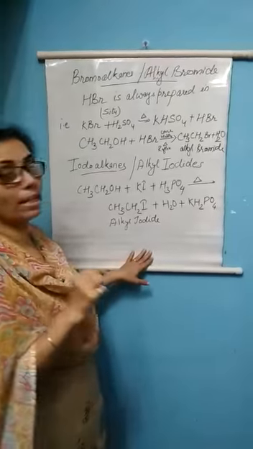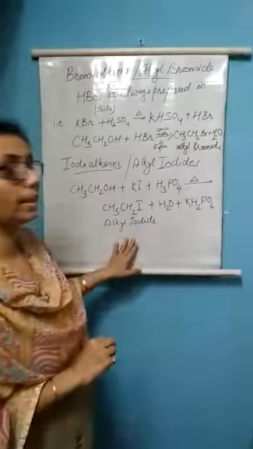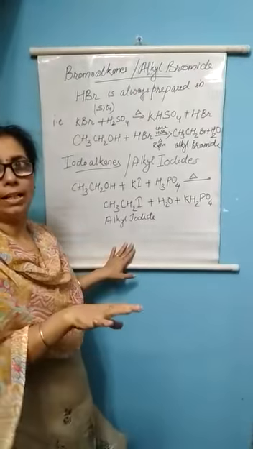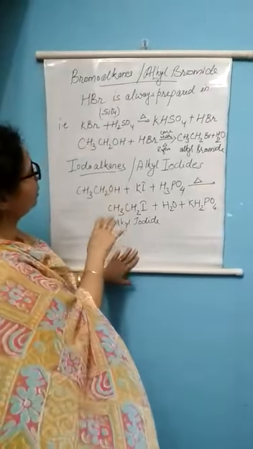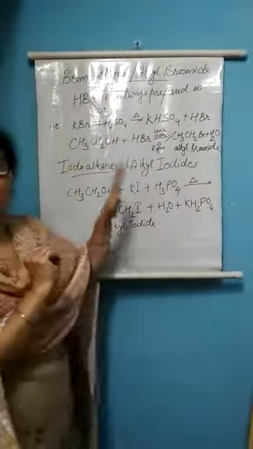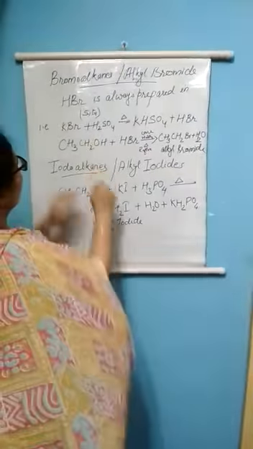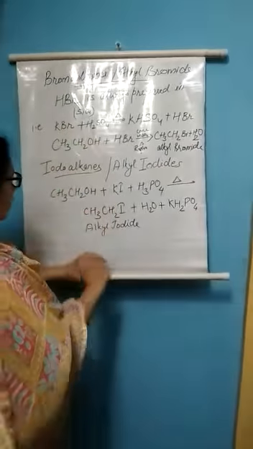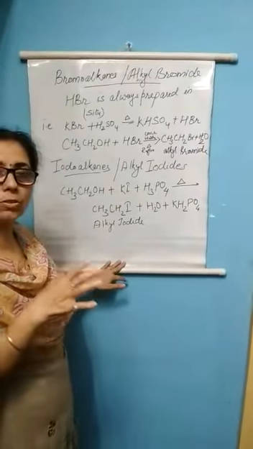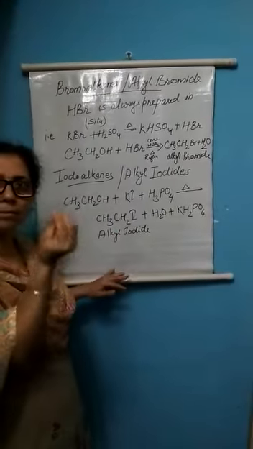In this second video, I am going to explain the preparation of alkyl bromides and alkyl iodides. In the first video, we discussed chloroalkanes. Here we explain why it is important to understand alkyl bromide and alkyl iodide separately, because the HBr and HI we are using here are prepared in situ. You know what in situ means? It means that during the course of the reaction, this reagent is prepared.